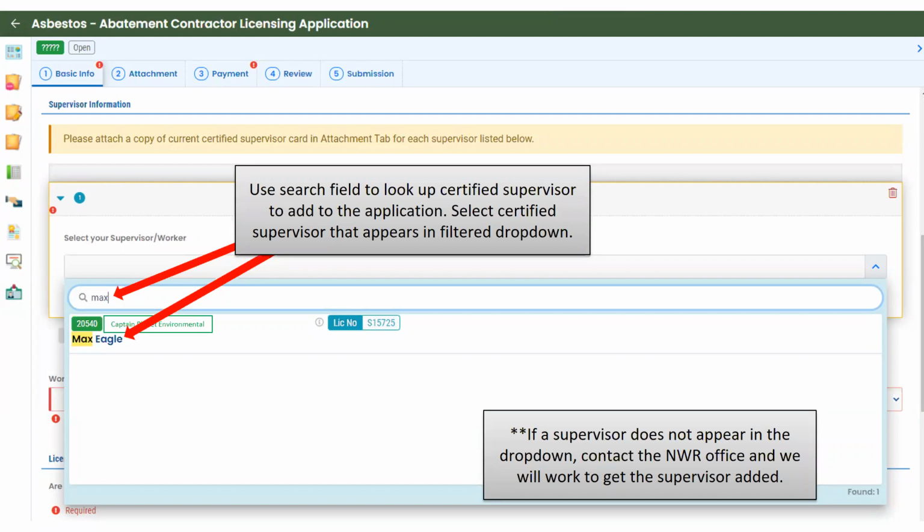So there is a little bit of a handoff from the trainer to DEQ to make this list stay current. Sometimes if that transaction doesn't happen quickly enough, your supervisor might show up expired because the new current data hasn't gotten in there yet. If that happens, please contact us and we're able to go in and make sure that gets fixed. And that just happened, so that's why I'm mentioning it.